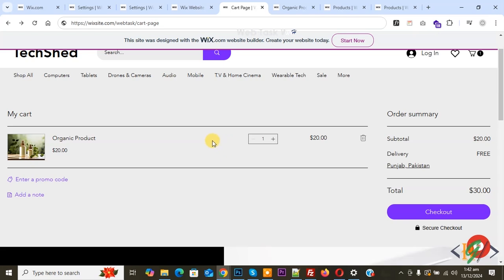Bismillahirrahmanirrahim. Assalamu alaikum. My name is Hassan and today we are going to fix the tax not showing on the cart page